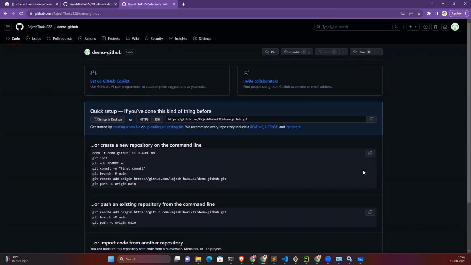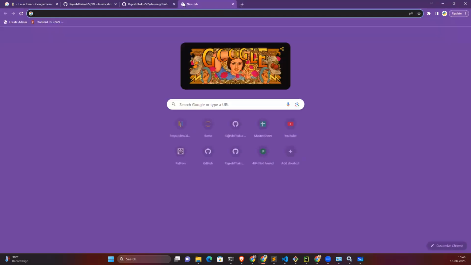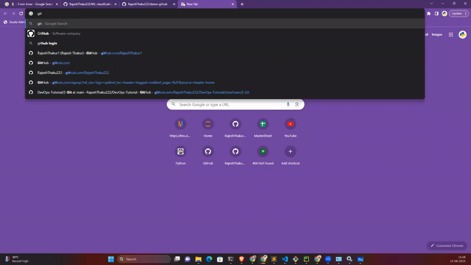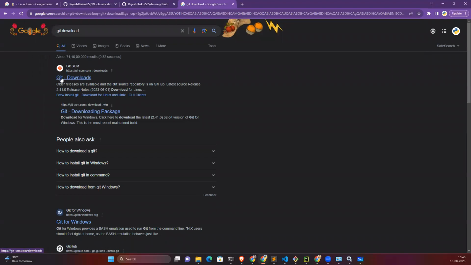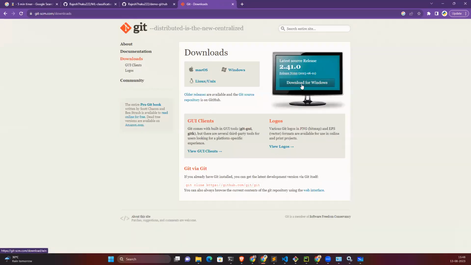It's very simple. Give the project name and the repository will get created. Now, in this repository, nothing is there. I would request everyone to please install one more application, which is called Git. Search for Git download. I already have it, but the website is gitscm.com. You can hit the download button and it will get downloaded for your particular operating system. Please do it and let me know once it's done. Click on next, next, next and finish. Git will get installed in the system. Once it's done, let me know.